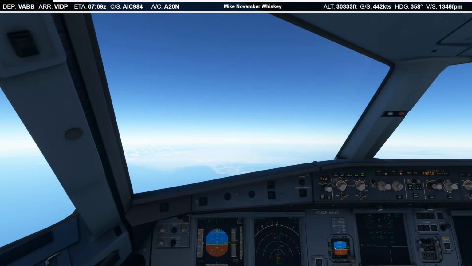It seems to be climbing pretty well. Got a hell of a crosswind. About a 10-degree deflection to stay on course.